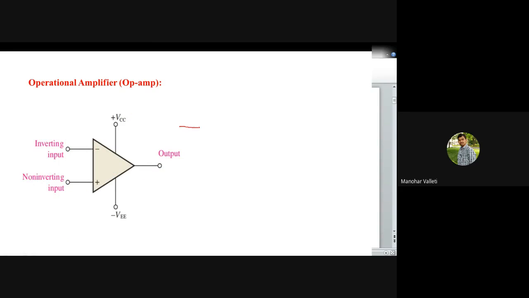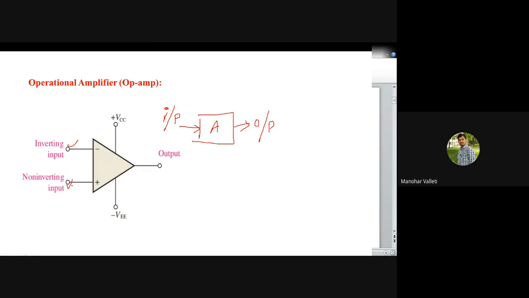generally, if we apply for an amplifier one input and one output, that is input, amplifier and output. If any input noise is there, that is also amplified by the amplifier, and at the output that noise level increases even further. So to avoid the input noise, we consider two inputs. We consider one input from here and one input from here.